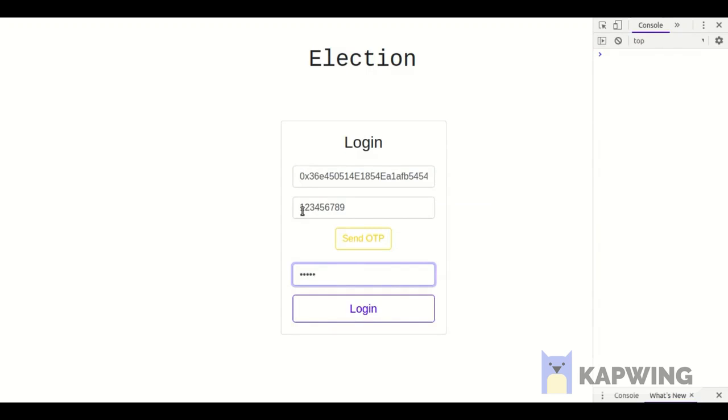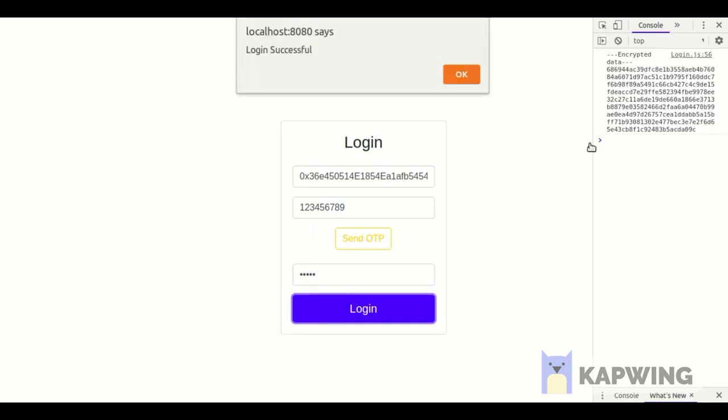so that once they are stored in the blockchain, even if the blockchain is compromised, the hacker can't see what the data is. So I have actually logged the value of the encrypted data, so that you can see here: the account number and the Aadhaar number are merged into a single string, and the RSA encryption is applied, and the result is here. This is a large number that does not convey any meaning.